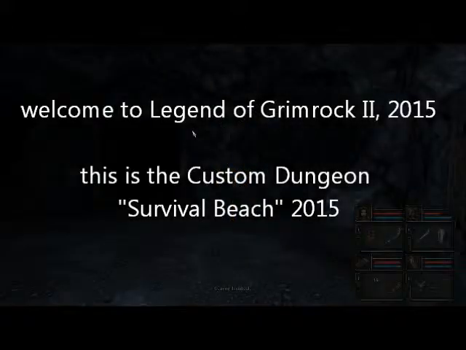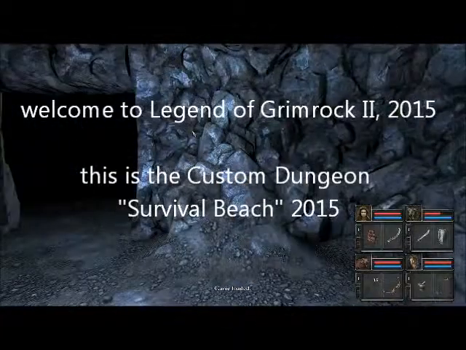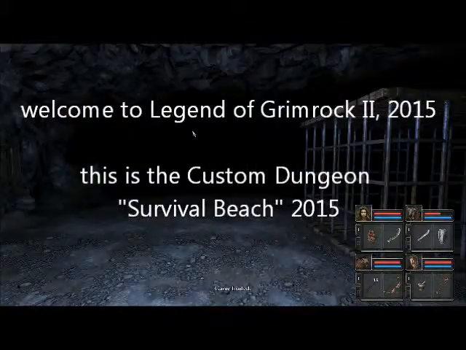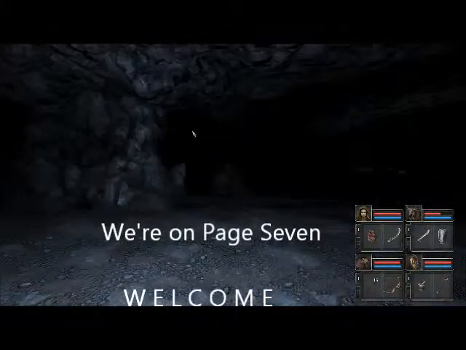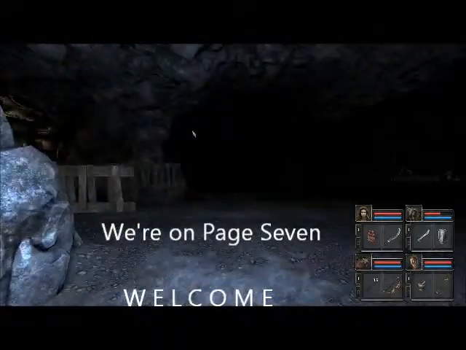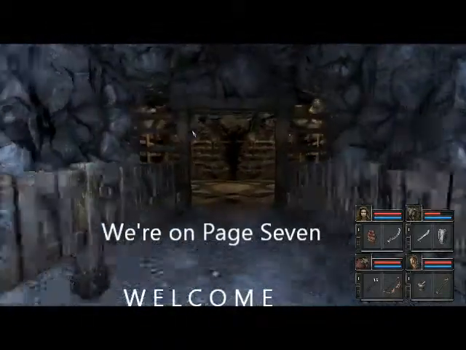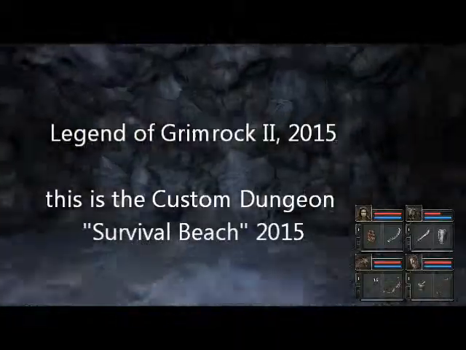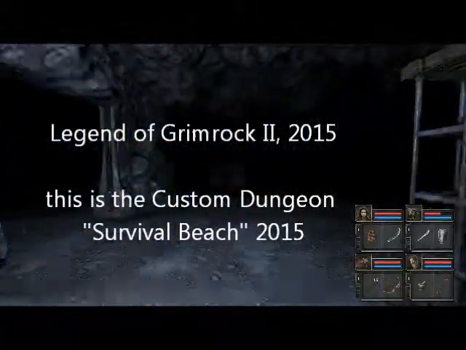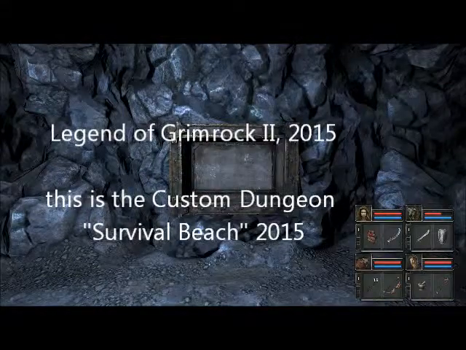Good day to you. This is page 7 of the Survival Beach Custom Dungeon. We're in the mine at the moment. We're a good 3 hours into the game now. We have got a team, a cracking team. We've got to be a bit careful because we're just about to go into a secret area. We placed an item into there,